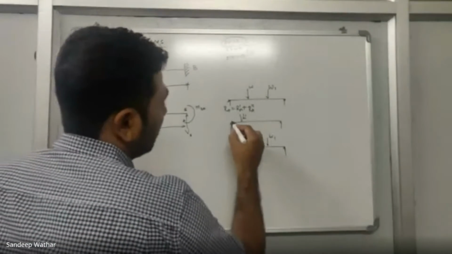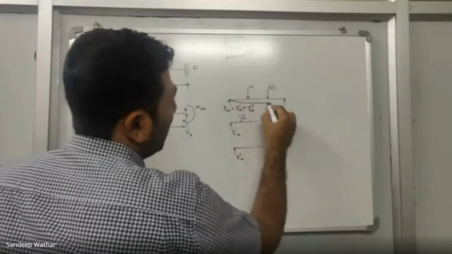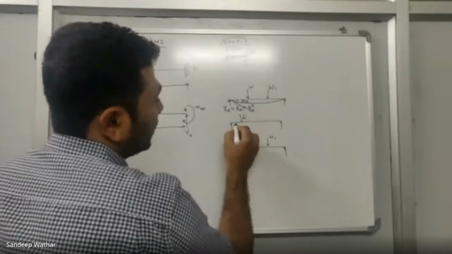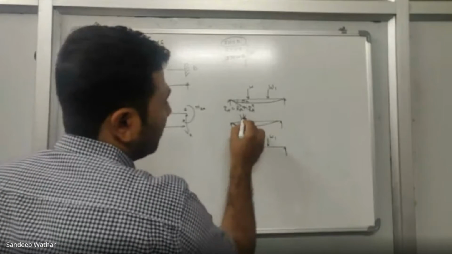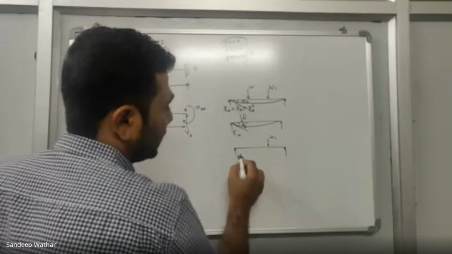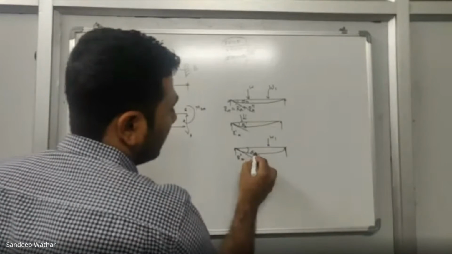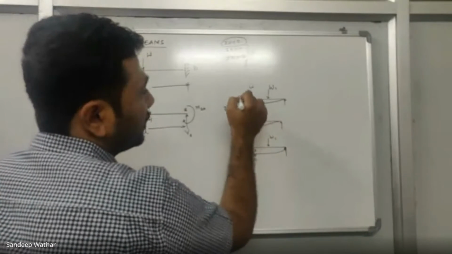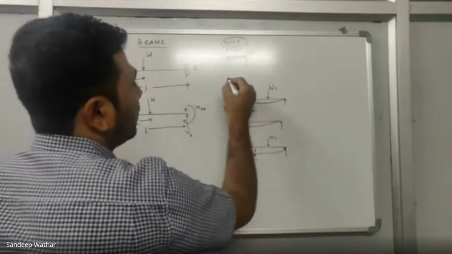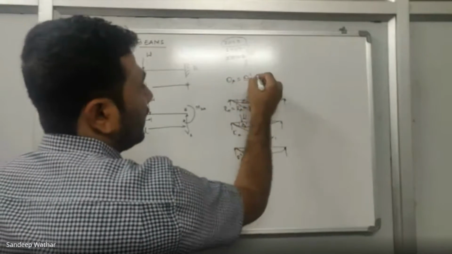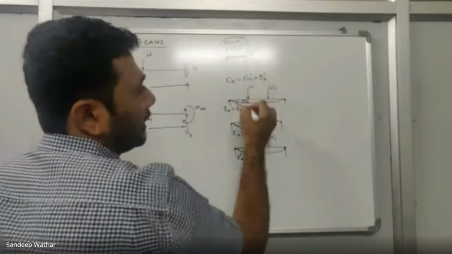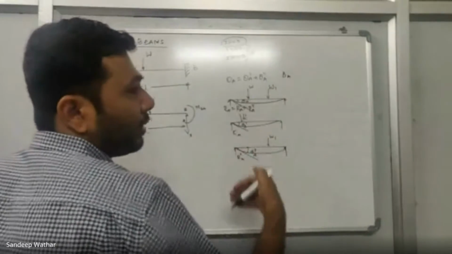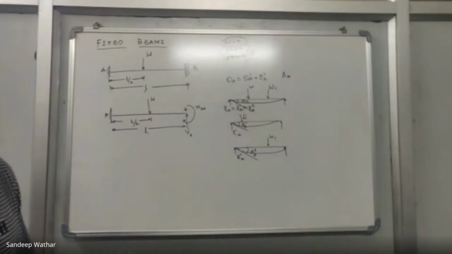So in the next case of superposition, if I want to find out how much is the slope that is generated here, I'll call this theta A. First I'll find out the theta simply by applying this load. I'll call this theta A dash, and also I'll solve how much is theta A double dash by applying only this load. Now if I have to calculate the slope generated because of both loads, theta A will be equal to theta A dash plus theta A double dash. The same applies to the deflection also. You can calculate the deflection in the same manner by superimposing. So this is the principle of superposition.